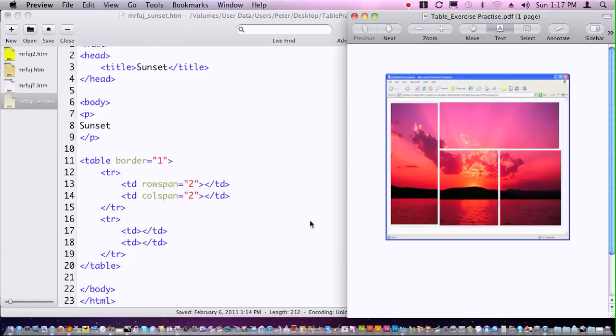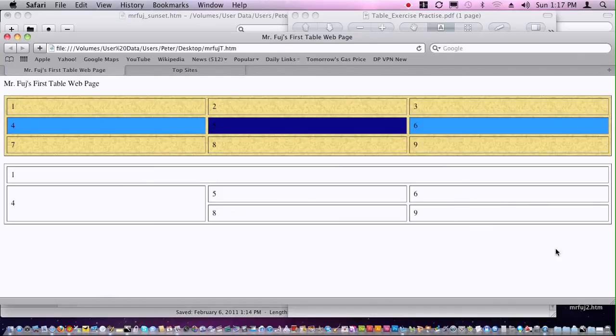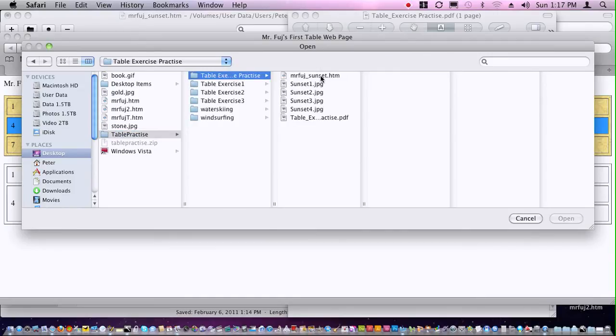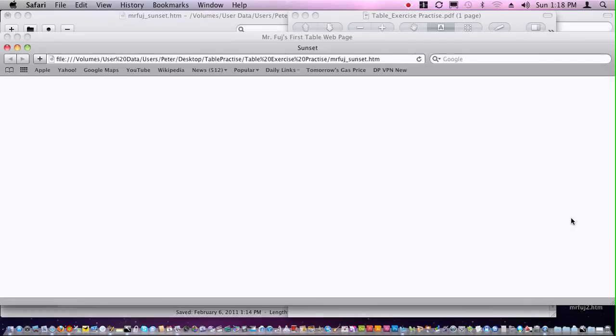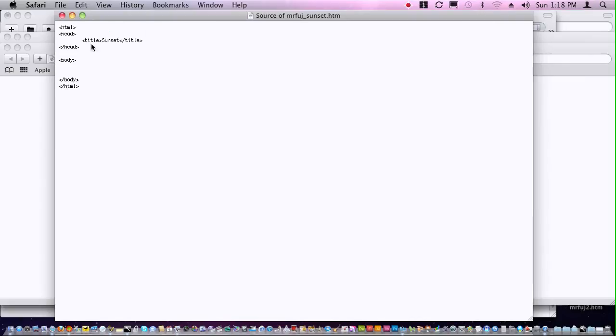Just so you can see it, let's go back to the browser, which I covered up with this and this. So if I go to File, and I go Open File, and then I go into my table practice, and I pick this picture and I go open. Okay, you see nothing yet because there's literally nothing in there. Here's something that I haven't shown you yet, but if you view the source, it shows you. Oh,